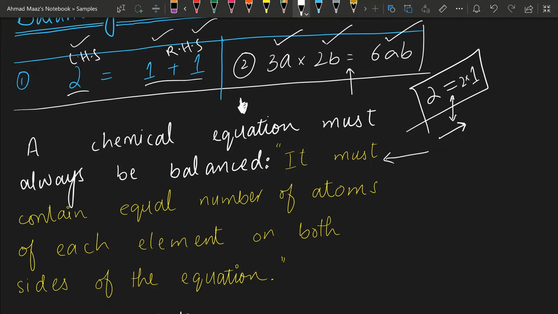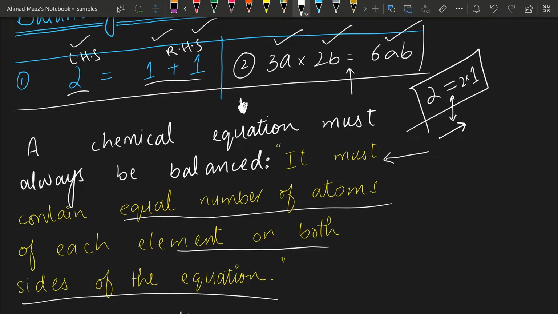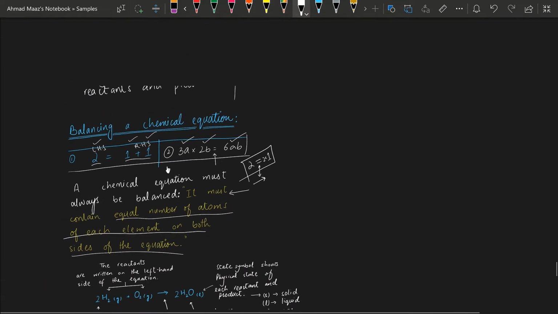It must contain an equal number of atoms of each element on both sides of the equation. What does it mean to balance a chemical equation? It means that it must contain an equal number of atoms of each element. For example, if we have,